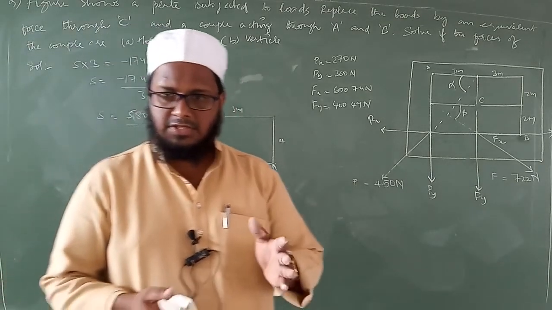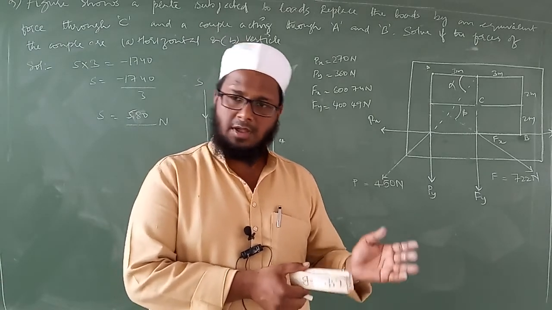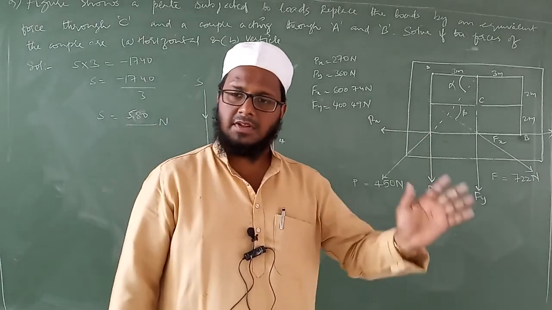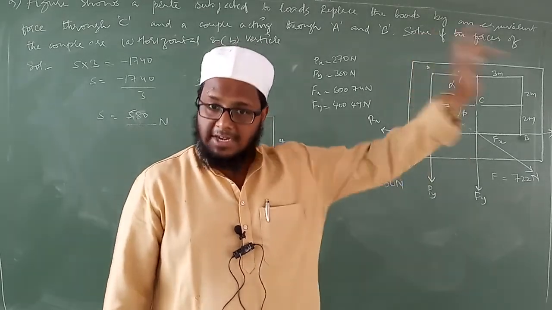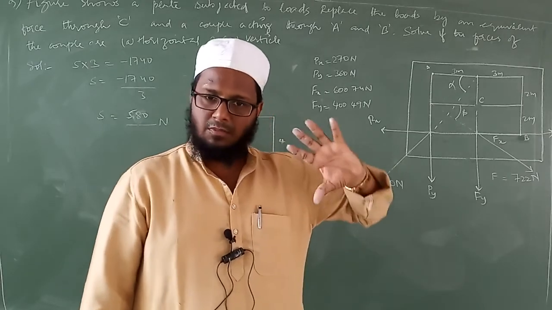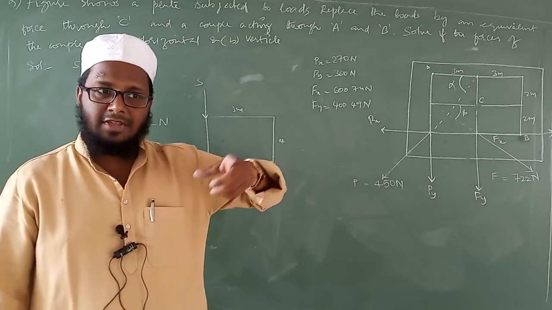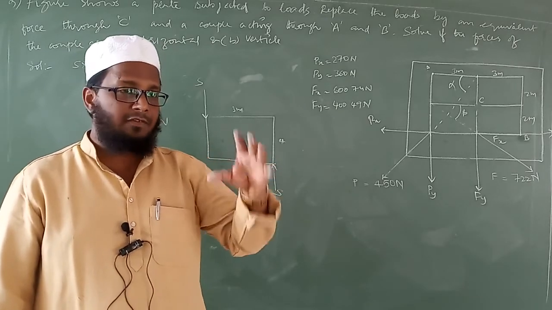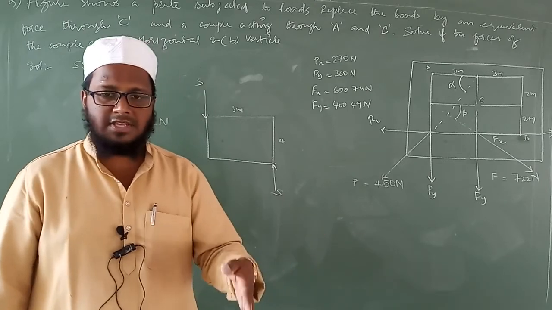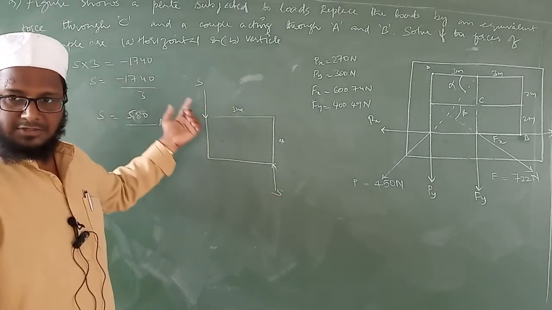So this is the procedure, one by one, to calculate your couple. First we have resolved all the forces to components. Then after calculation of components, the moment at the center, because the entire rotation is happening at the center, isn't it? Moment at that particular point. Then what is the direction it is rotating? We can find out the type of rotation, whether it is clockwise or anti-clockwise, with the help of this value, that is minus 1740.